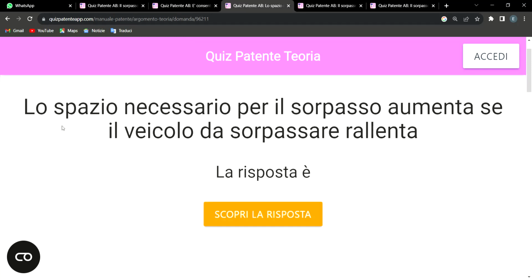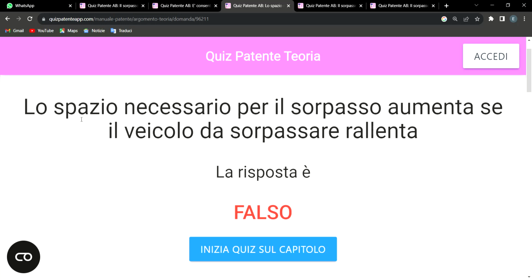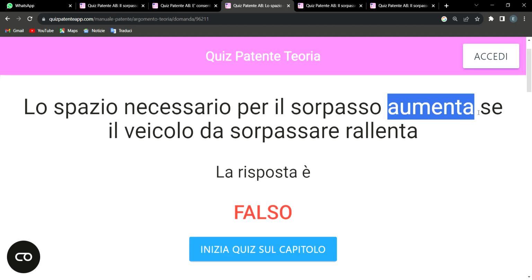Number 3 question. It says lo spazio necessario per il sorpasso aumenta se il veicolo da sorpassare rallenta. Vero or falso? The answer to this one is falso. I will explain to you why it's falso. This word spazio simply means the space. It's more or less like an English word. It says the space necessary for you to overtake. This word aumenta simply means increase, expand, whichever word you want to make use of. So it says the space necessary for you to overtake increases,